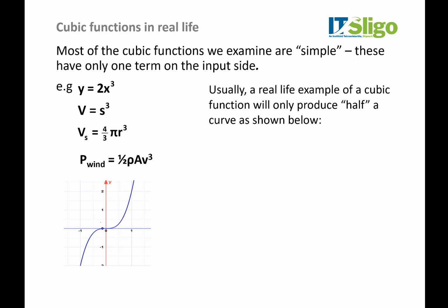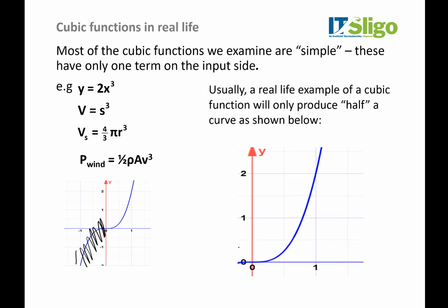Now in real life, we usually don't see the negative side. There's no such thing as a negative input. So usually a cubic curve looks like this when you meet it in real life, with positive numbers for the x value, be it t, be it length, be it whatever, and positive numbers here. So we only see this bit of the graph. And as we'll see on the next slide, that can sometimes be a little bit confusing if you've only got a graph,